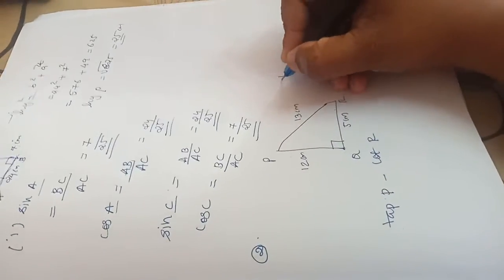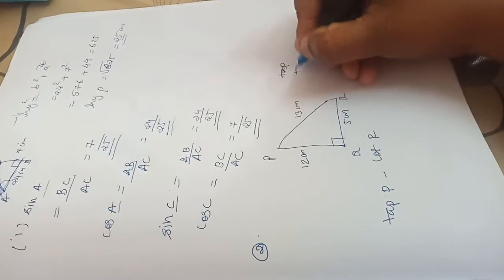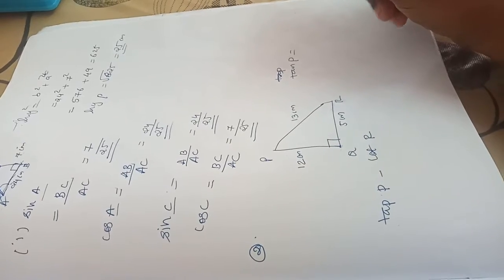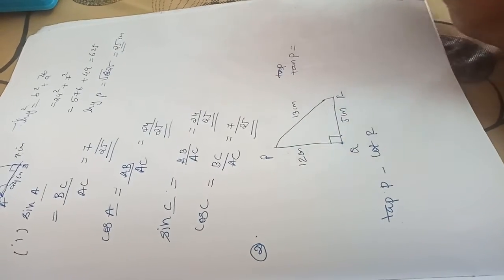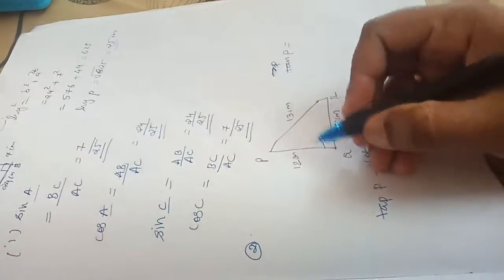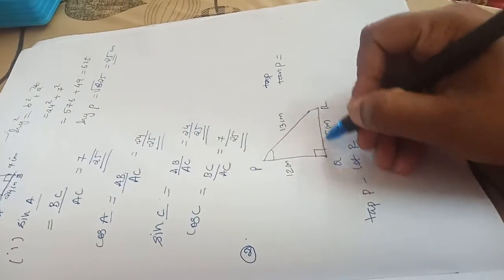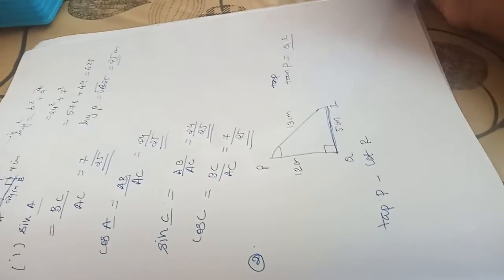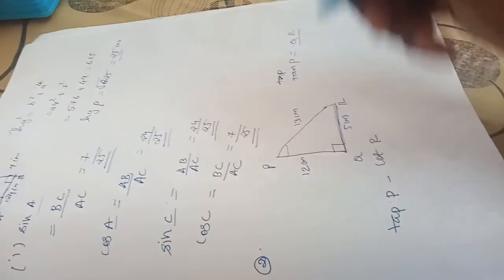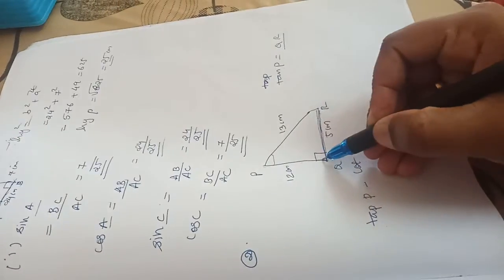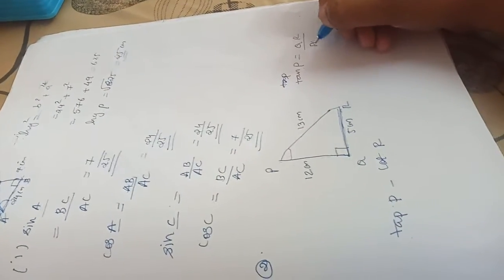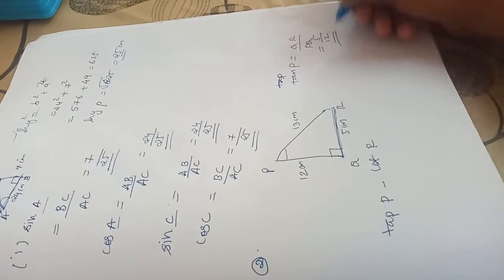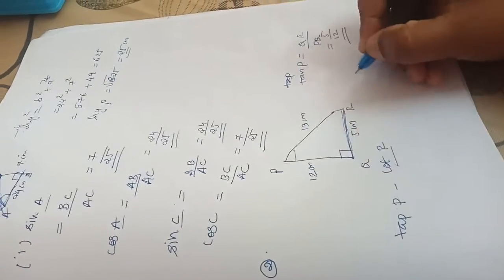Okay, so I am calculating tan P. How can we calculate tan P? What is the equation for finding tan A? Side opposite to angle A first. So here it is angle P. Side opposite to angle P is QR divided by side adjacent to angle P, which is PQ. So QR divided by PQ, we will get 5 divided by 12. This is the answer. Next we have to calculate cot R.